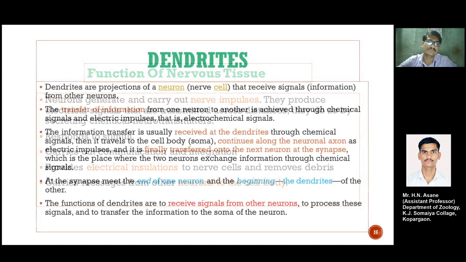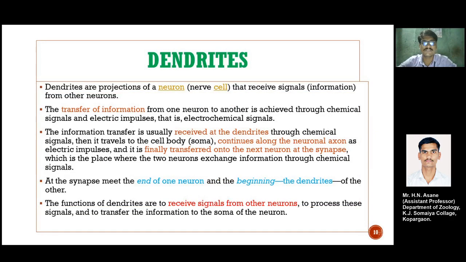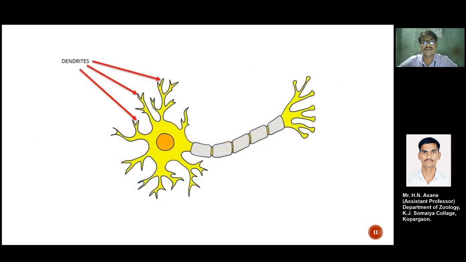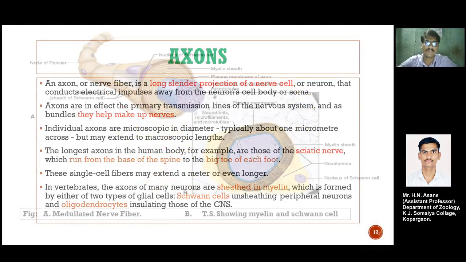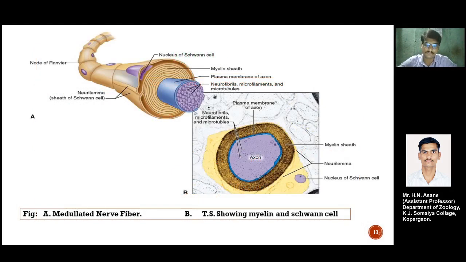Okay, so we have seen the dendrites, the specifications of the dendrites. We have seen the axon and the coating on that particular axon, the myelin sheaths, and how the plasma membrane of the axon is covered with these myelin sheaths as an insulator to the current flowing in these particular axons.